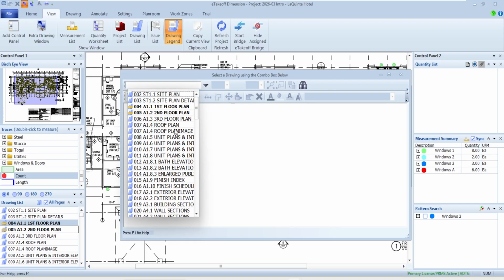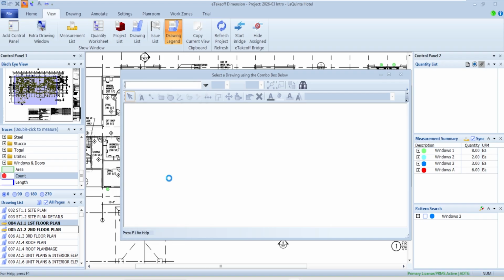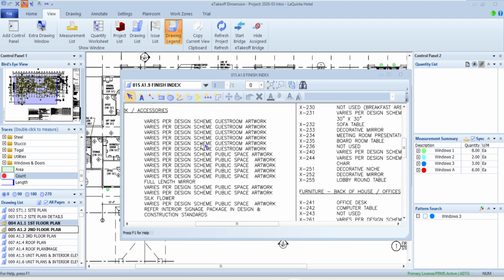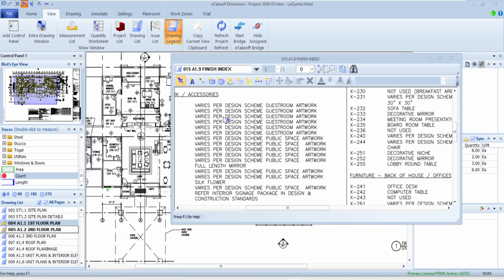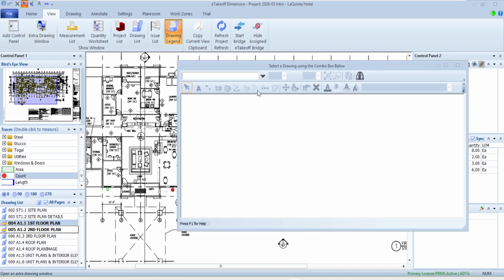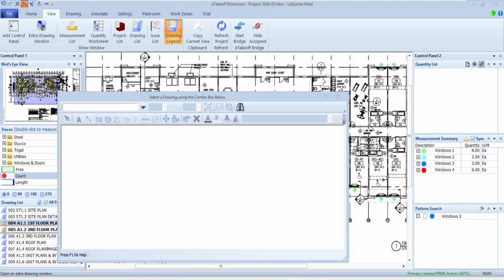And it's got the benefit that I could be sitting there looking at, maybe I'm going to look at a finish schedule or something of that nature. So I could be looking at some other page at the same time as I'm doing takeoff. So a lot of times when people are working with PDF files, I'll do some takeoff and then I'll flip somewhere else to go figure out, well, what's the size of that wall or which flooring type is this room and so forth, and then jump back and do some more takeoff. So that's very handy to be able to have the same thing on some other screen. And there again, you can open up multiple windows as I need.